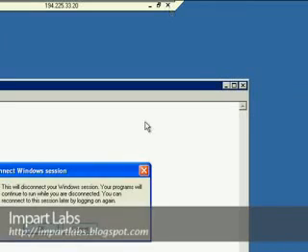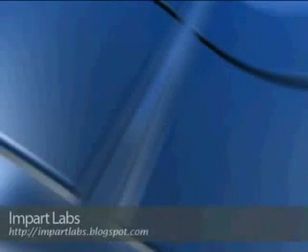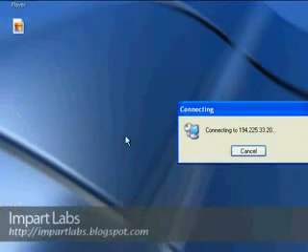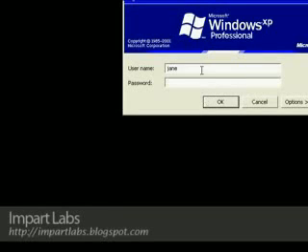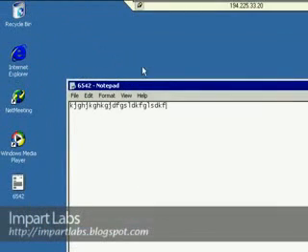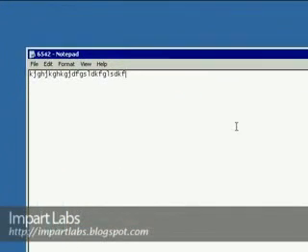For example, go ahead and close this. Let's close this, and let's connect again. Jane's computer, as you see, I use the shortcut. It's connecting automatically for me, but I have to give the password here. Yeah, password. Log in, and as you see here, the notepad, everything is still open. Okay, so